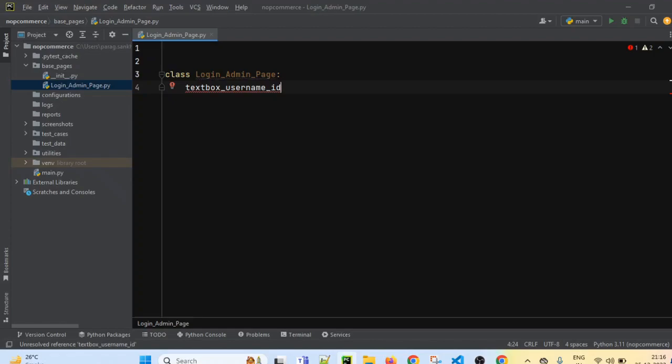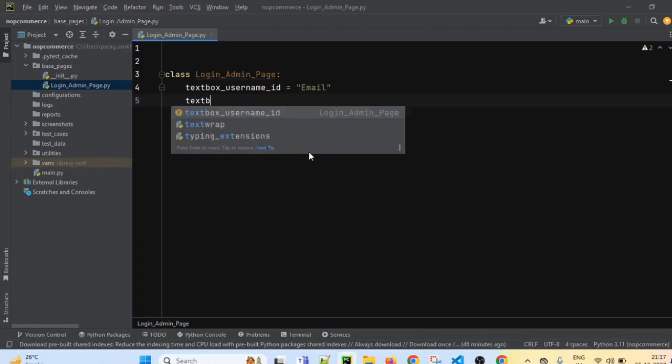We should use names in such a way that we can easily identify them, and they should be unique across all the files. We should follow the same format for naming. So it means it is a text box for username, and the locator type we are using is ID equals to, this is the ID.